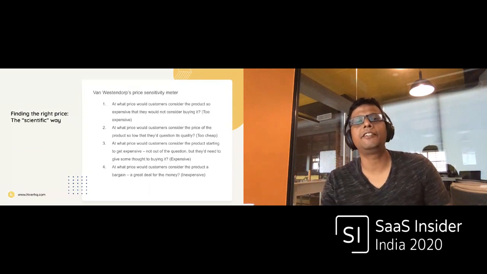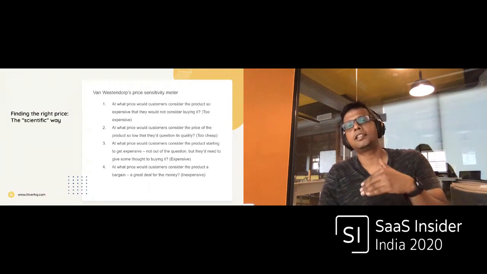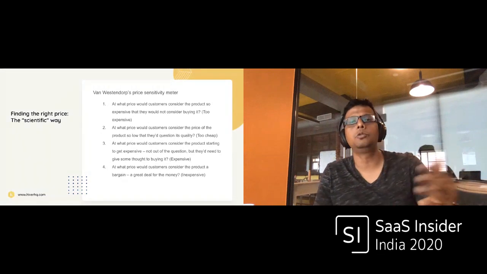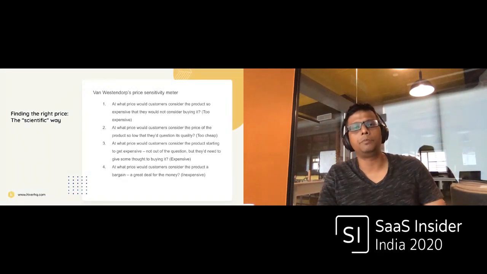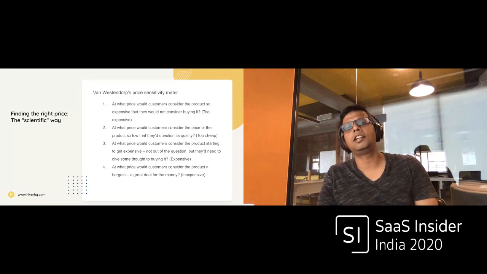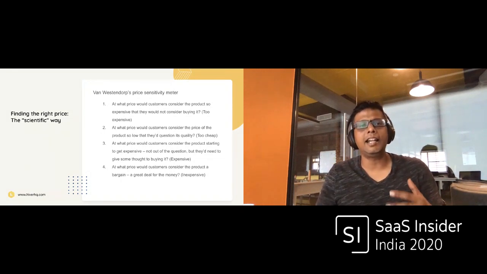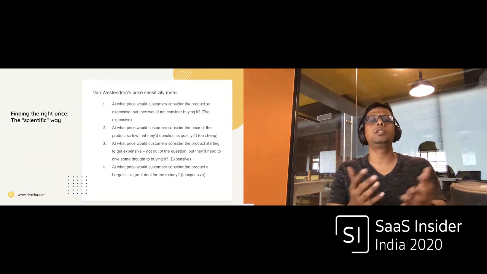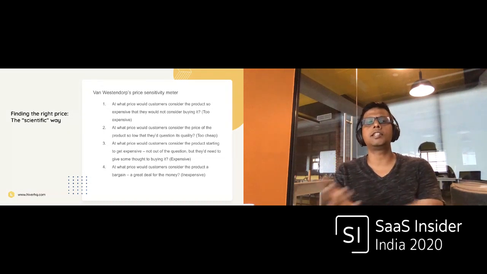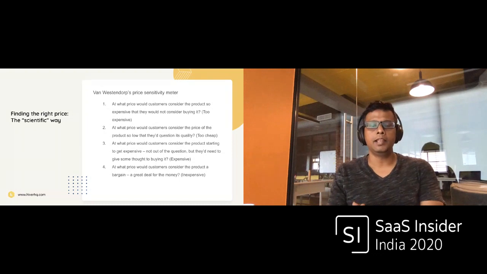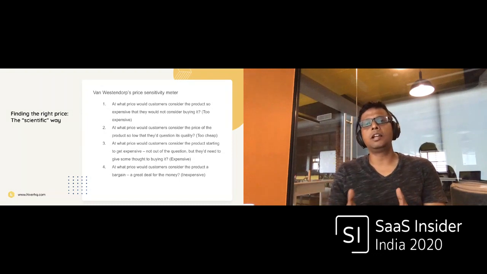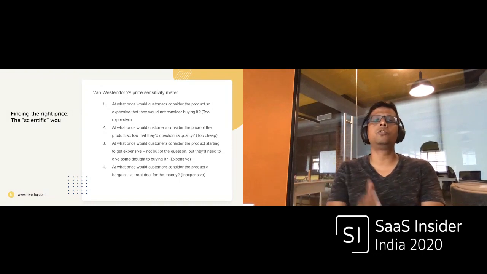So what is a scientific way of figuring out the right price, right? If any of you have gone to business school, if you are MBAs, this is something that you must have studied in your class, right? A professor might have taught you this. And this is one of the most well-known scientific, or quasi-scientific, ways of figuring out price. And this is based on asking a good number of customers who your product is a good fit for,